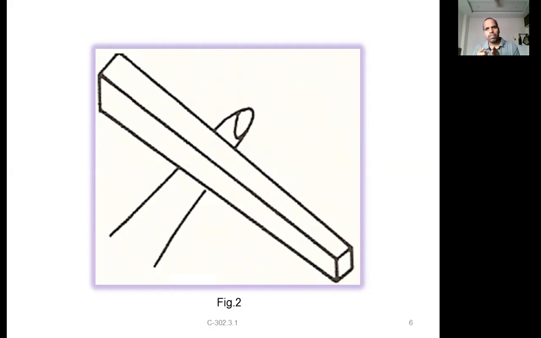Uniform size means obviously the weight will be the same on both sides if you keep it at the center, whereas in this case the size is varying. So if you keep it at the center, it will not be in equilibrium condition. It will not be in a stable condition, it will just fluctuate, right?